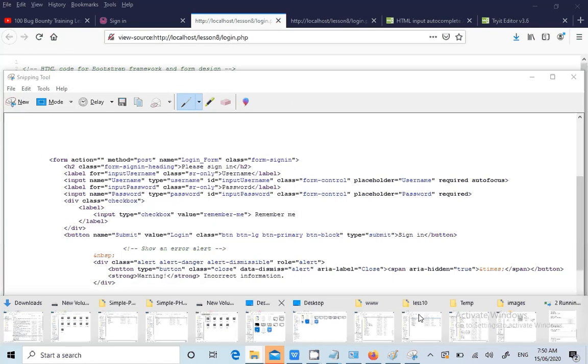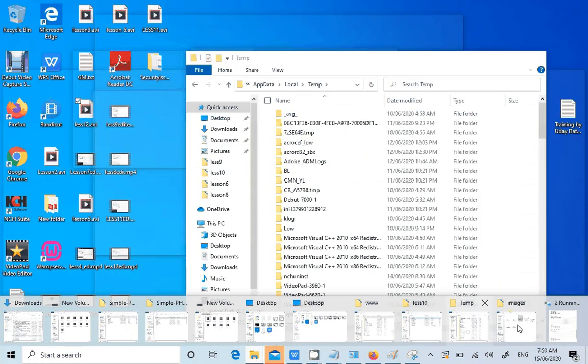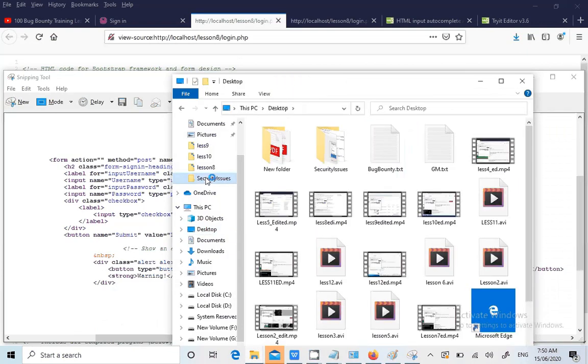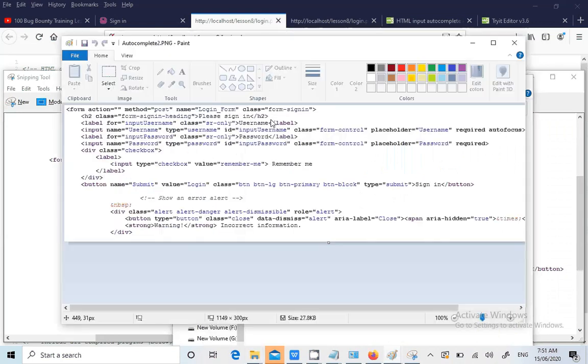Now go to the desktop, yeah, we have it. Now for autocomplete, right click on that image, click on edit, it will open with MS Paint.